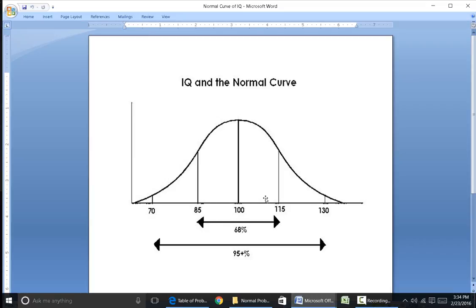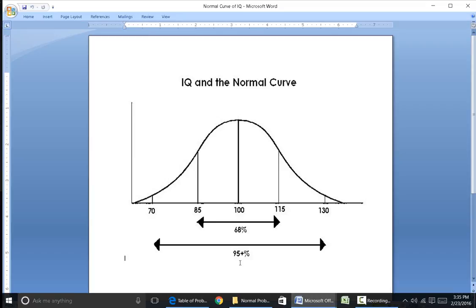And notice 95%, most of them would score within 2 standard deviations, 2 above and 2 below. So all of this area right here, that's 95%. So 95% of those people tested, or if we tested 1,000, that would be 950 would score between